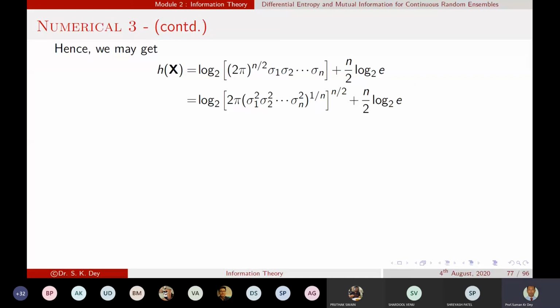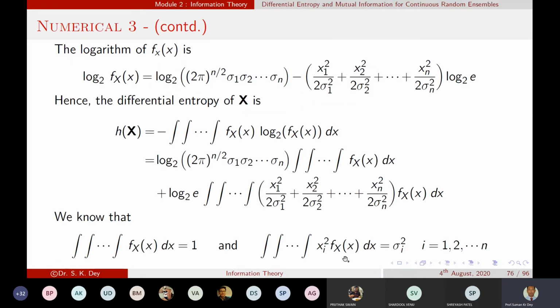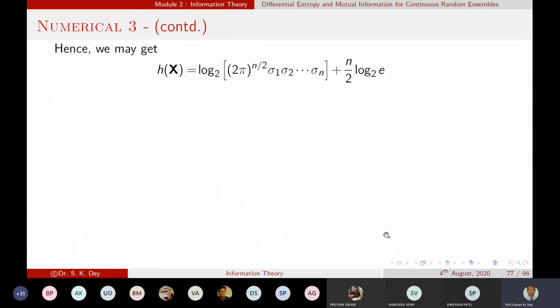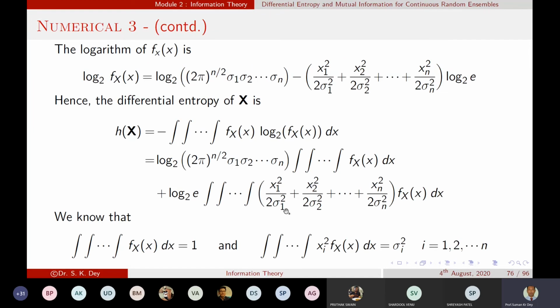Okay, so now can we write the first term like this? Ajay, how are we getting this term? Is there any doubt? The second term, how are we getting this term from there using this expression? Are you getting my question? The second term n by 2 log 2 base e, we are getting from this second term. Is there any doubt? No, sir.